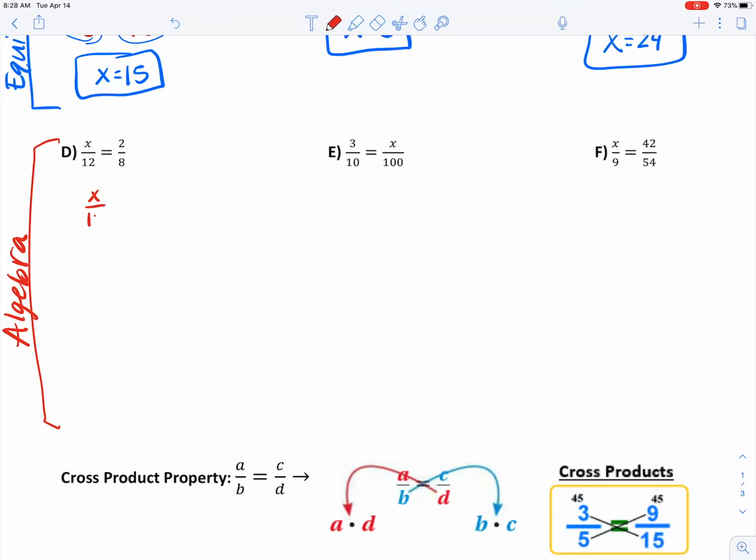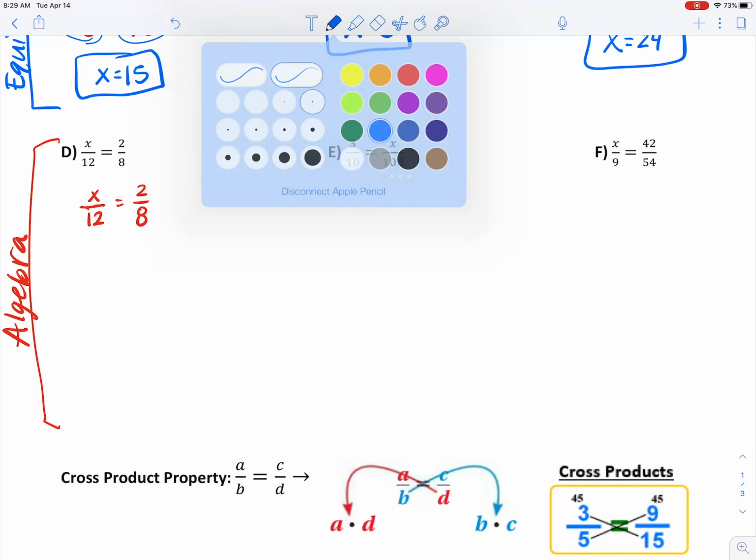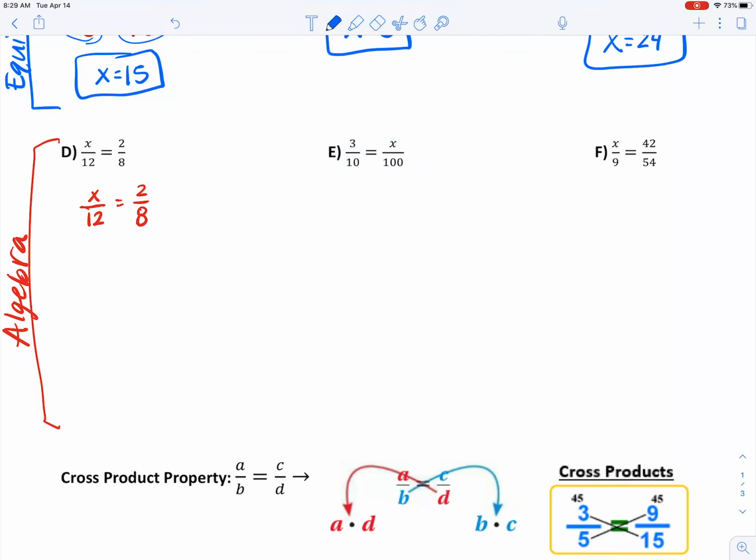Okay, so I'm going to rewrite this problem. X over 12 is equal to 2 over 8. Now, in lesson 5.6, we learned that if you have a fraction, you can multiply by the reciprocal of it in order to clear out that fraction. Or if we go way back to when we were solving equations, way back in pre-algebra, we often did